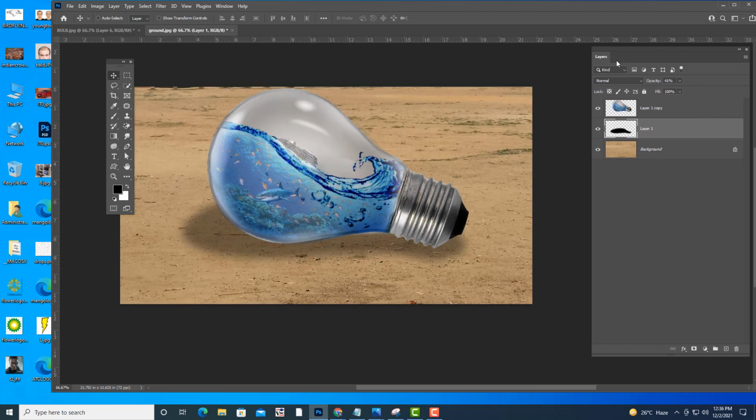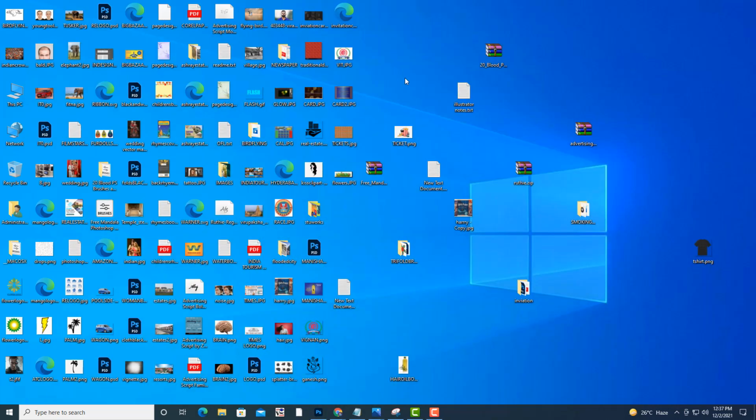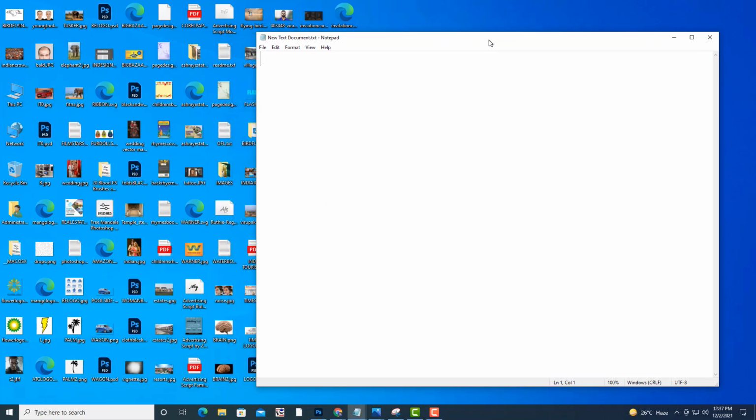Right. So this is the first example of photo manipulation. This is a very important topic, especially for VFX and video editing students. Okay. So I will first give you one assignment on this. Okay. And see, photo manipulation assignment everybody has to do. Everybody has to do at any cost. Okay. Because this is important for your syllabus. Okay. So the assignment is.